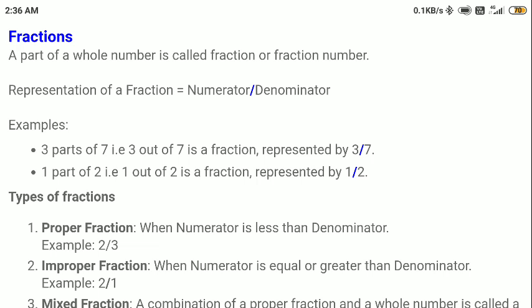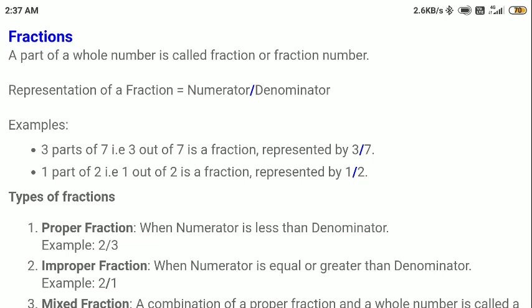For example, you are getting marks in your tests or exams. Whenever you make mistakes, your marks are cut. So you are not getting full marks, you are getting part of those full marks. For example, out of 10, suppose you get 9. That means you are getting 9 parts out of a total of 10 parts. That is how we define the fraction as 9 out of 10, and we call it 9 by 10. So that is a fraction.